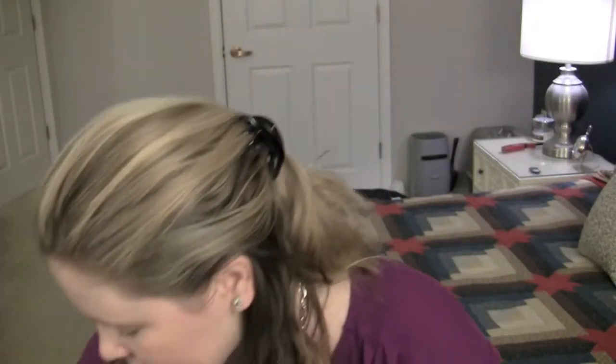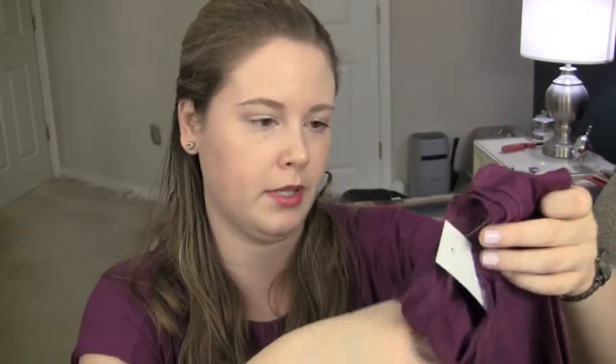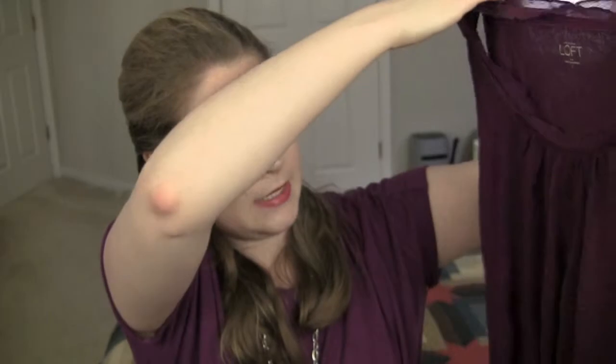So one of those, and I forget, they were having some kind of deal, they always do, but I forget what it was. And then again, same color, as you can tell, I'm a little obsessed. It's like you find a color that looks good on you and you like, and you just go with it. So this was, when it gets a little bit warmer, kind of a tank